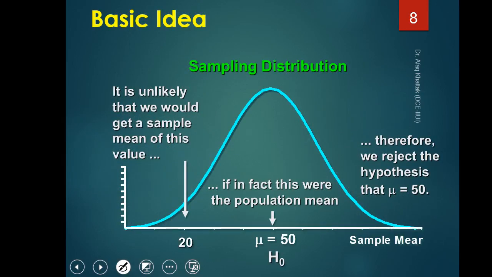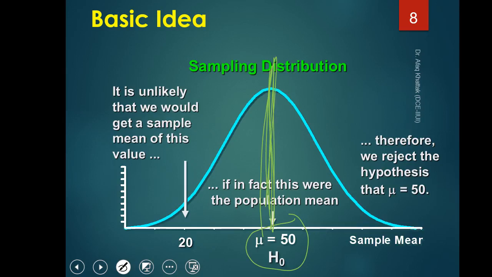Now what is the basic idea behind it? How do we mathematically verify, or how do we mathematically accept or reject a claim? You remember a normal distribution. In case of a normal distribution, if that is not a standard normal distribution, we say that the mean falls exactly at the line of symmetry. So the population mean, if we talk about the mean age of the whole population, is 50. It means our claim is mu is equal to 50, which is H naught, and that will fall exactly at